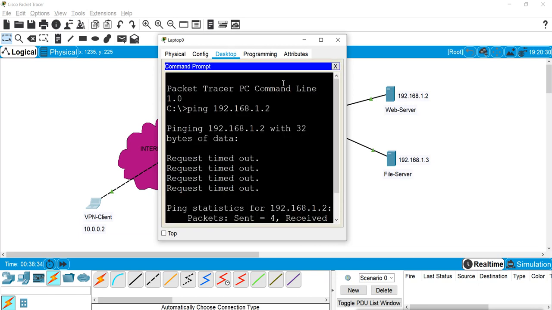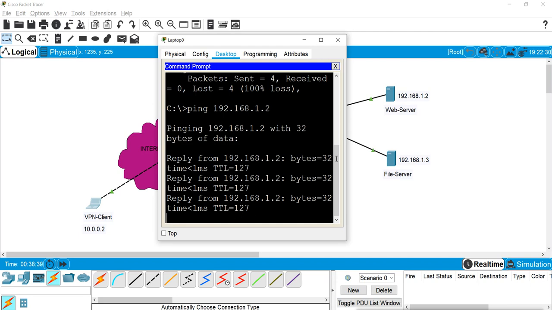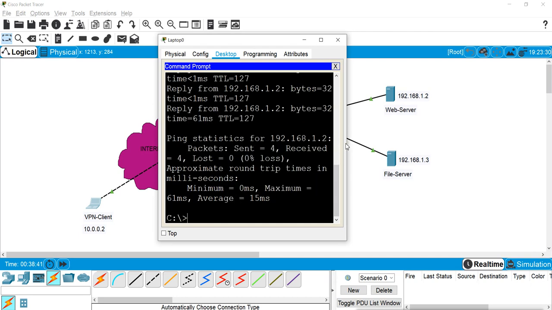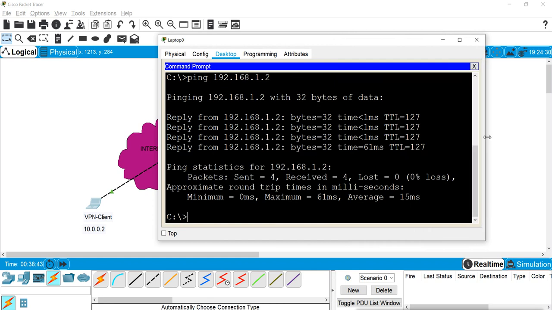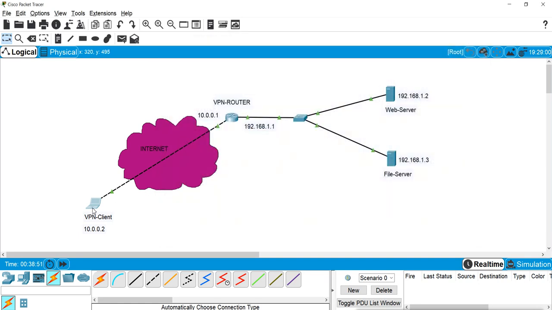And now it is getting the ping reply also, because we connected through the VPN. So this client is connected through the VPN tunnel to this local corporate network. This is the VPN configuration, and this is how a client can join the VPN connection.